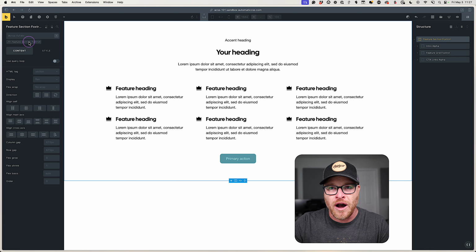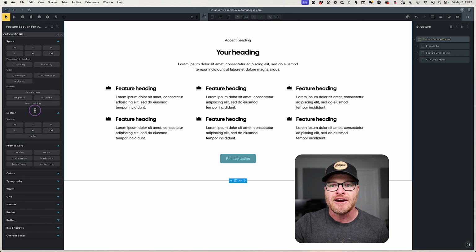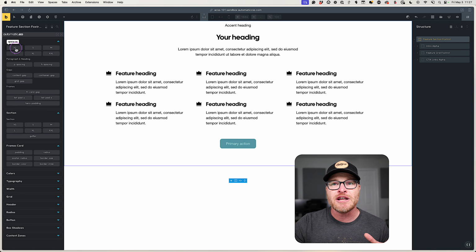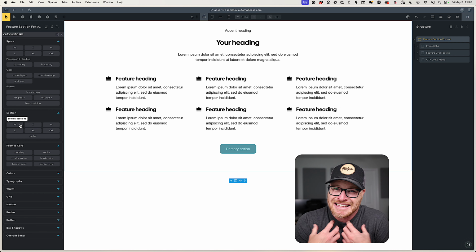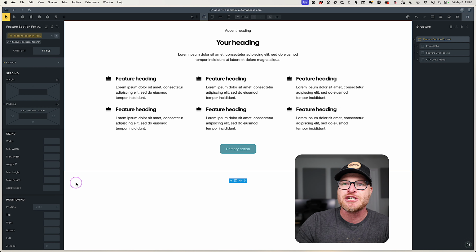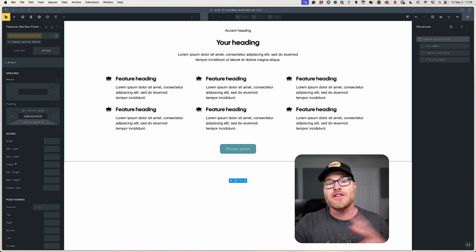Now, what if you did want feature section Foxtrot to always be larger or always be smaller? Well, now on the class, I'm going to go use a variable. I'm going to go to my layout and my padding. You can see the defaults in there. I'm going to right click. And now, do I use space or do I use section space? It's a section. So you need to stay within the context of the section spacing system. At least that's what I would recommend. And so I'm going to do section space XS right here. Bang, bang. And I'm going to get that all the time now on feature section Foxtrot